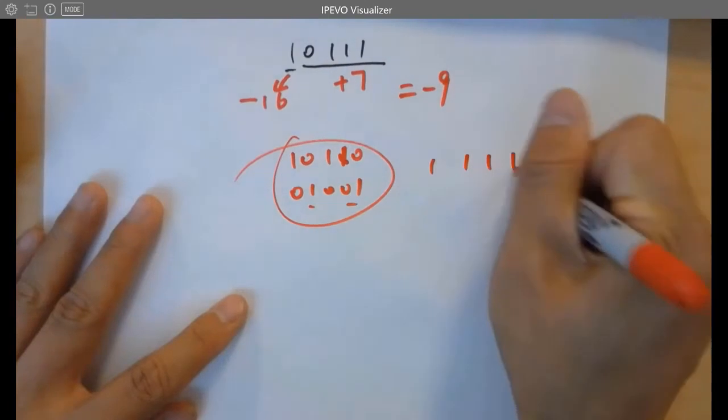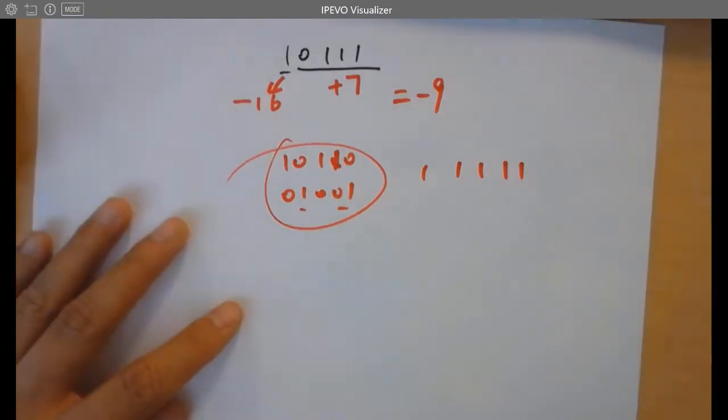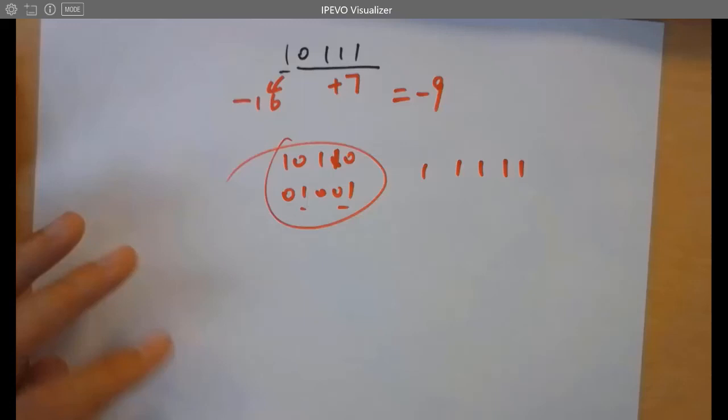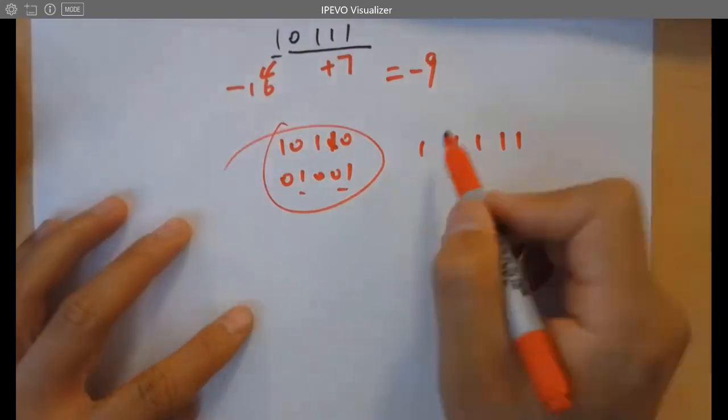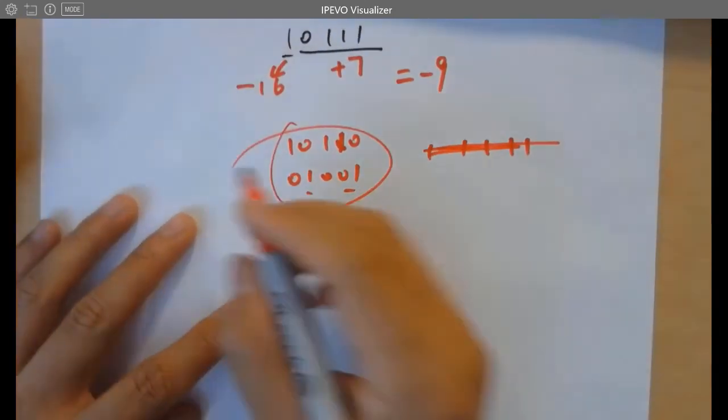1, 1, 1, 1, 1. What is that? It's minus 1. No, let's start. Don't start from there. Let's start from